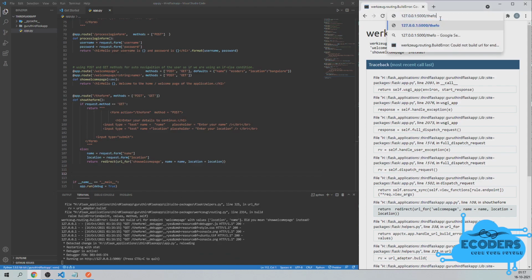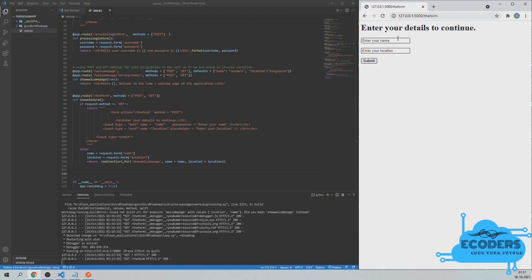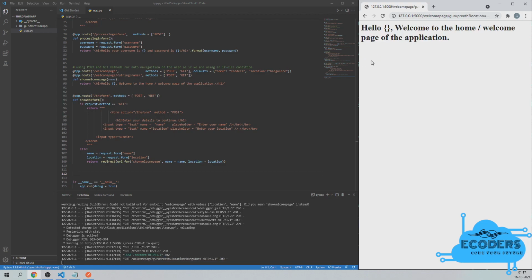So let me go back to the form. /form, enter, and let me enter the username and location, not password. So Bangalore, and click on submit. As you can see, we have navigated to the welcome page, but we are not getting the name on the welcome page.